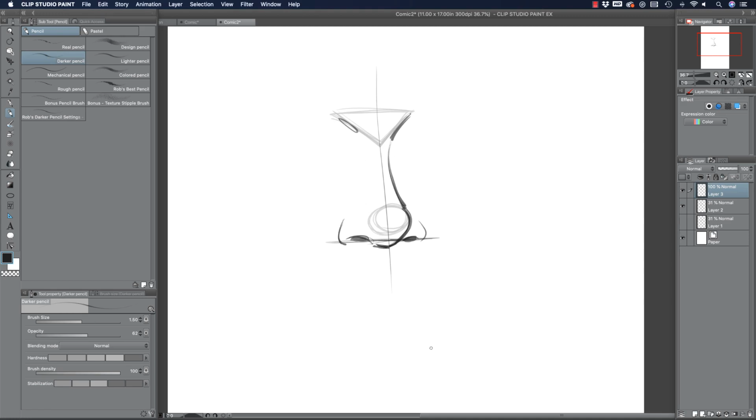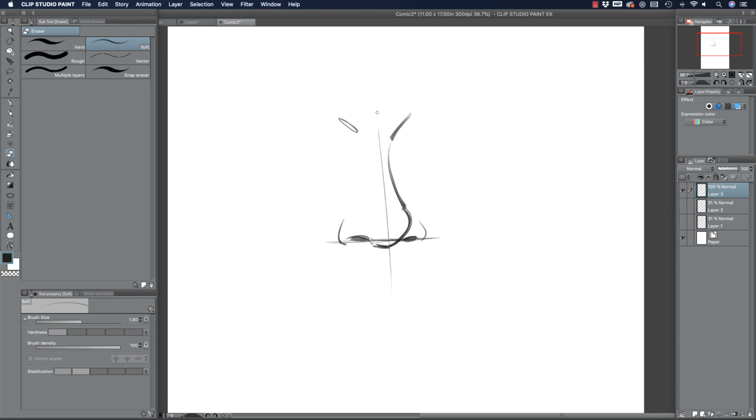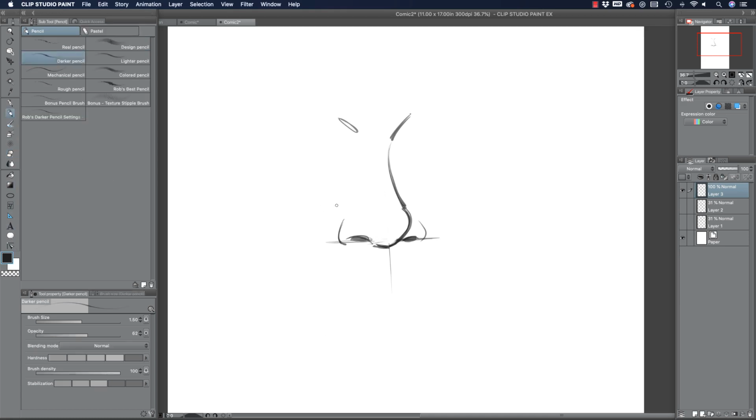Now the other thing you can do, let's get rid of that initial layer. If you want a more detailed rendition or more rendered version, you could start to think about the plane changes. So this would be a little bit more of an animated or cartoon-like version. And then I might bring the plane change down for the front of the nose. For this type of nose, I'd probably do something like that. I'd probably leave this side over here blank, but I might do something like this to develop the nose a